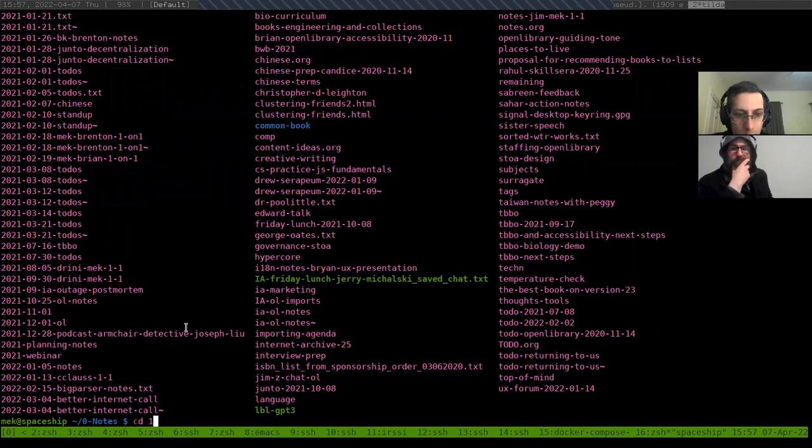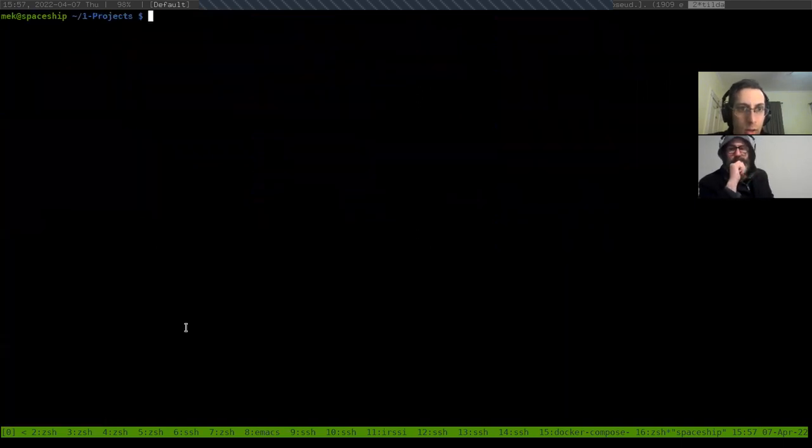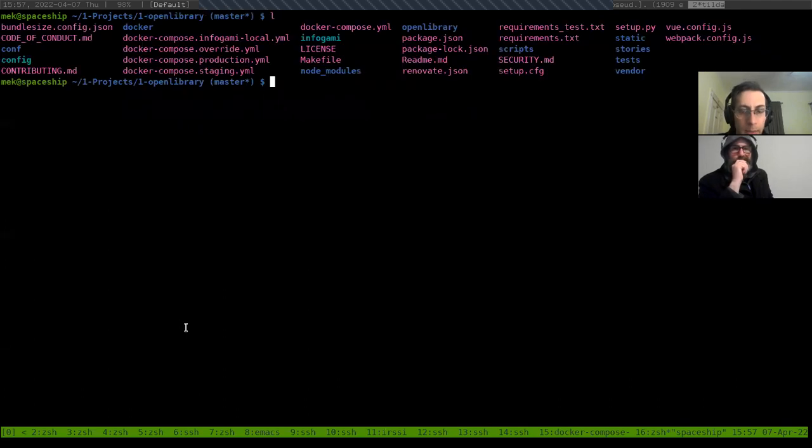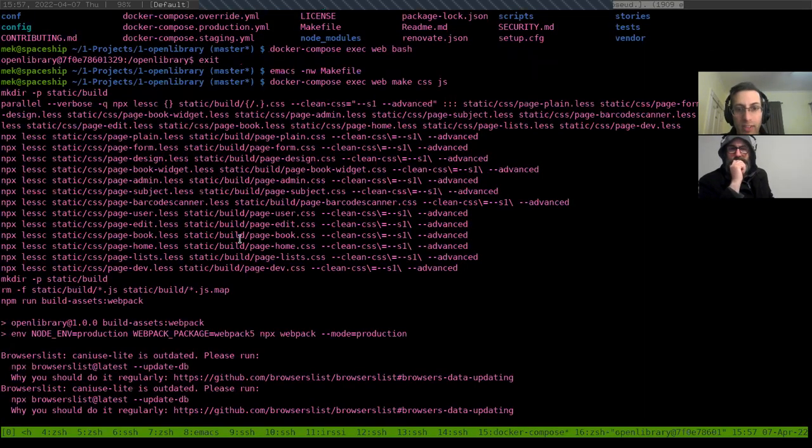and then, oops. All right, and we'll go into the Open Library project again. So in one window, I'm just having it run this Docker compose exec web. This part of the command is sending a request for Docker to run a command within the container, as opposed to run within the web container, as opposed to my machine. So I want it to go inside the running container that's running the web application, and I want it to use our make file to build the instructions that we have listed there for building the CSS and building the